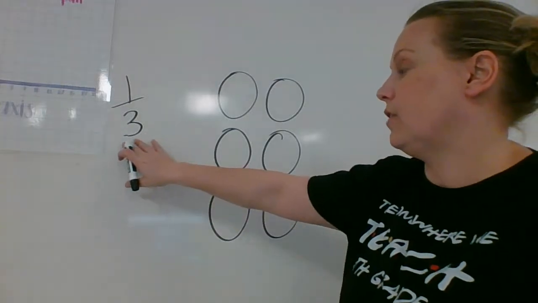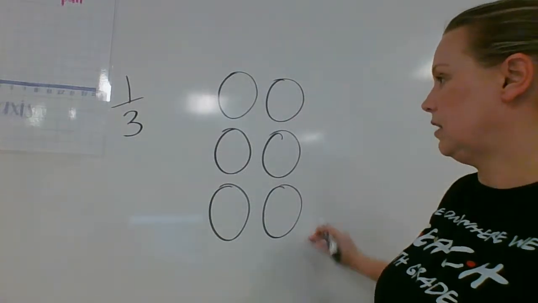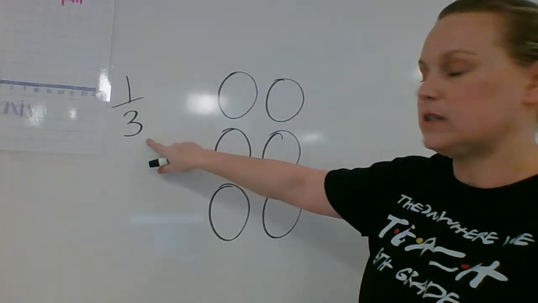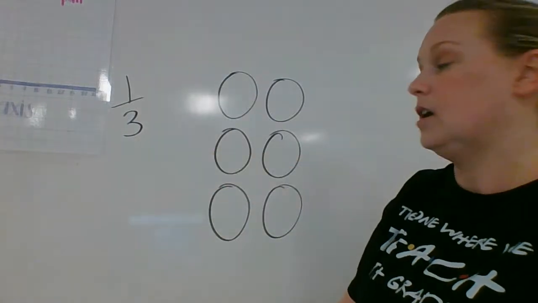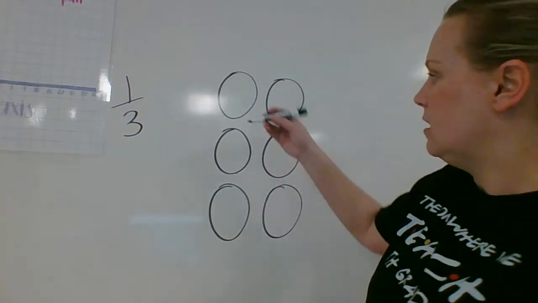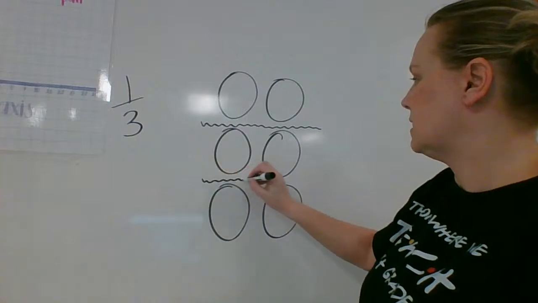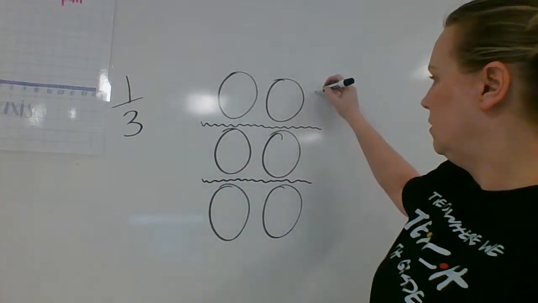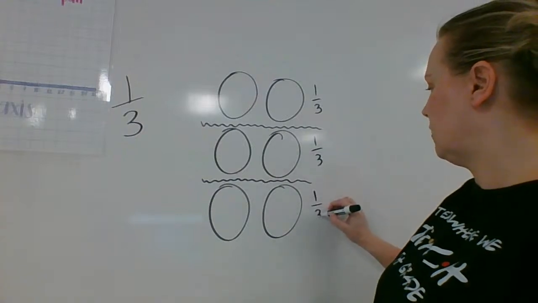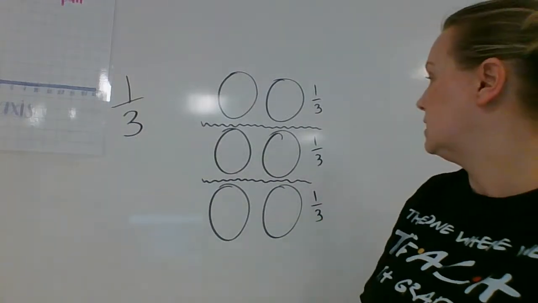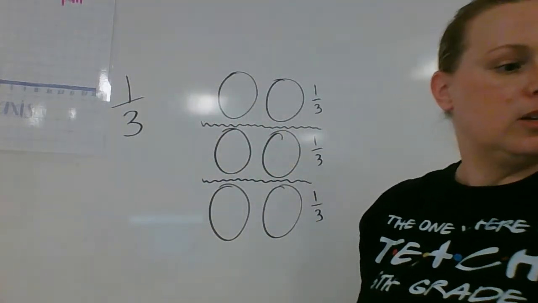So if I, using this model, make 3 equal groups, I'm going to pick how many tennis balls are in one of those equal groups. So if I split the tennis balls like this, I have 1/3 here, 1/3 here, 1/3 here for a total of 3 separate groups. I need to find out how many tennis balls are in